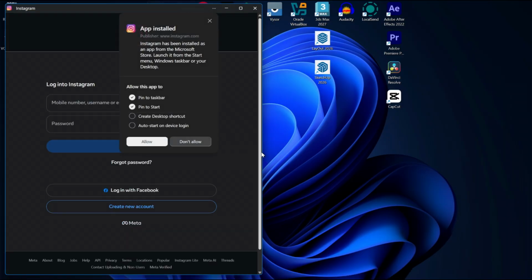Now, if you want to be more advanced, using a browser to download some apps, well, just visit the trusted website, click on the download button, install it. It should be good to go. That's how easy it is to download apps on an